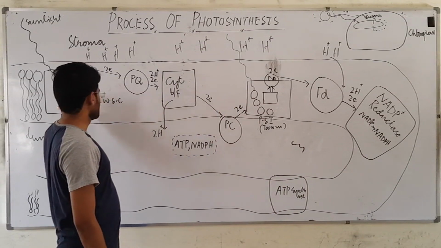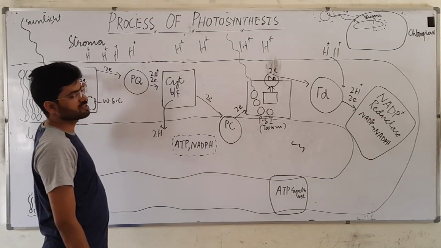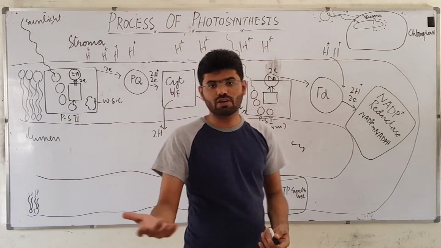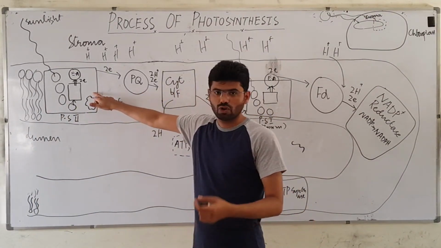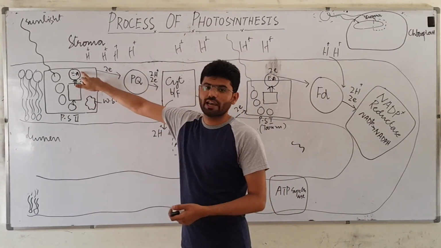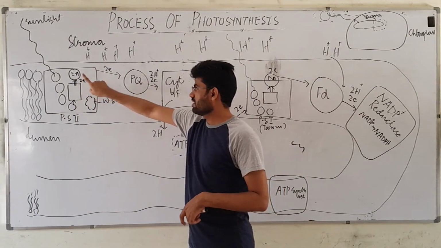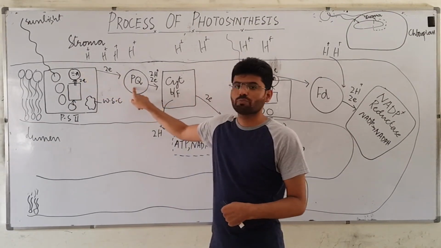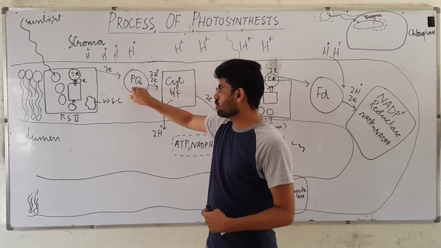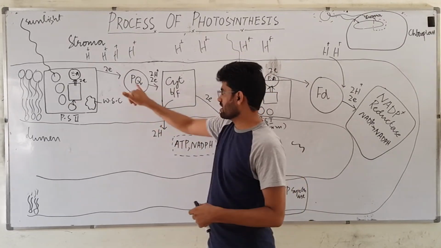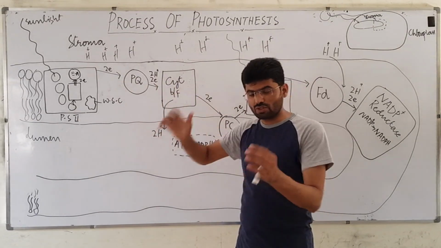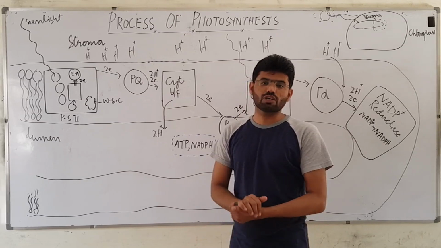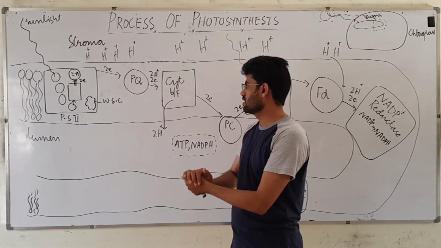If you can see, this was oxidized and this was reduced, because reduction means the gain of electron. So PS2 oxidized, it reduced electron acceptor 500. Then it oxidized, means it released electron, it gave electron to plastoquinone. Plastoquinone oxidized, it gave electron to cytochrome. So this is called one molecule is going to be oxidized and another molecule is going to be reduced.